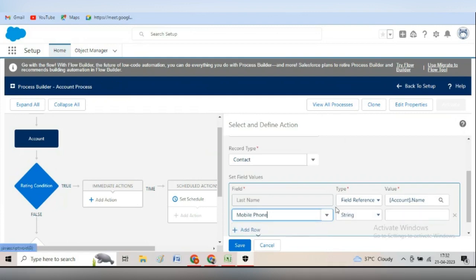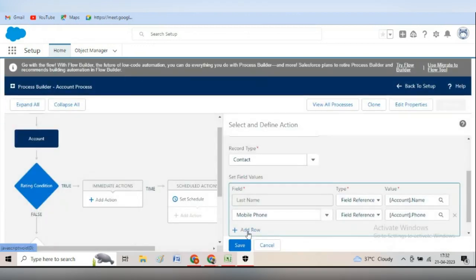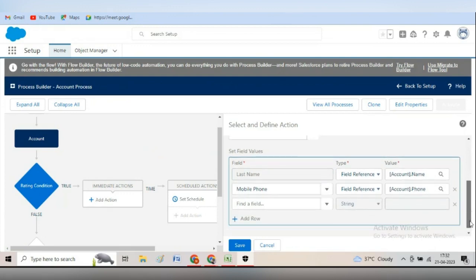I need the mobile phone to also get updated, and here, see, and add one more field, because here